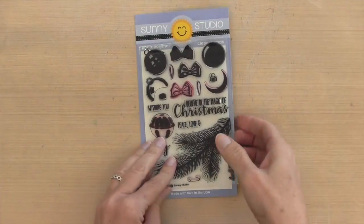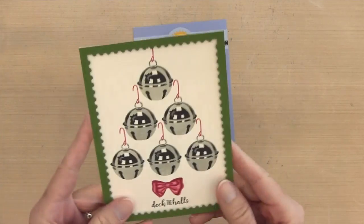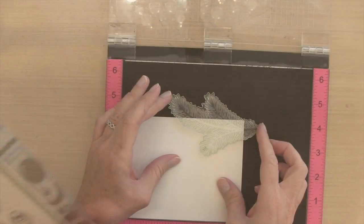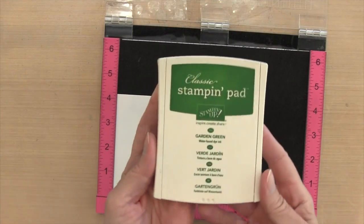Today's card is mostly stamping. I'm using this holiday style set by Sunny Studio. I love this set. I used it last year to make these bells that are so realistic. It's just multi-step stamping. Today I'm using the ornaments and I'm going to stamp the tree branch on the top